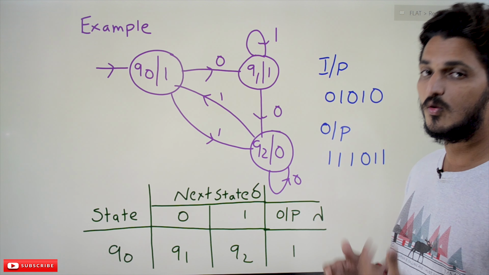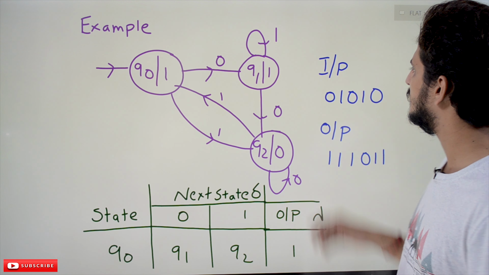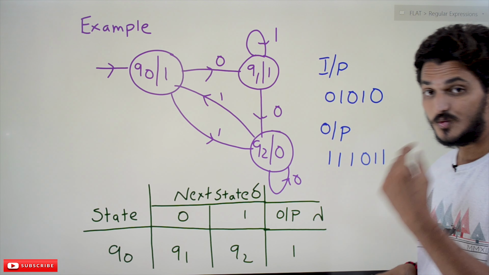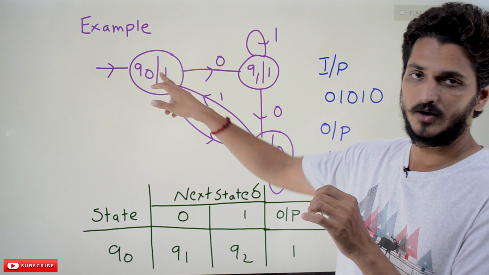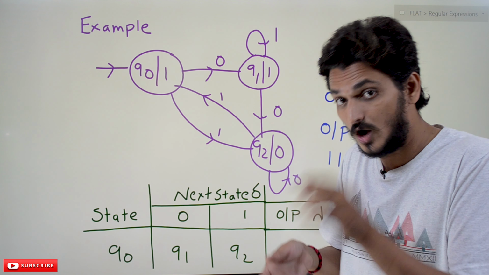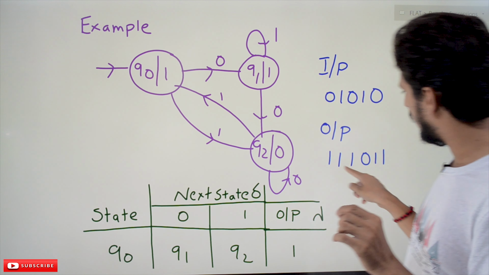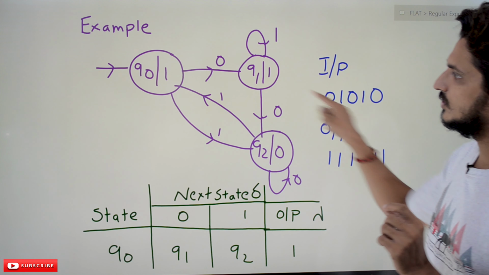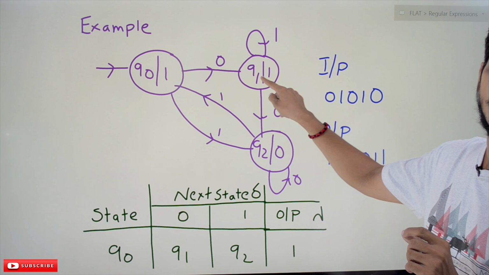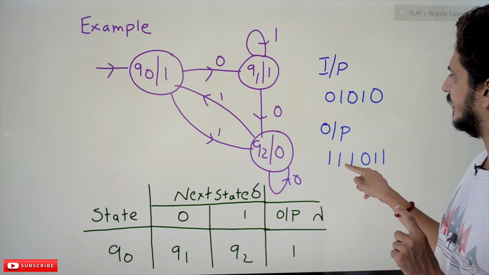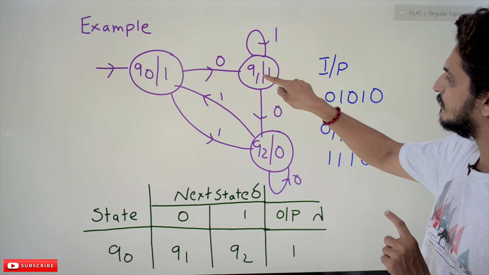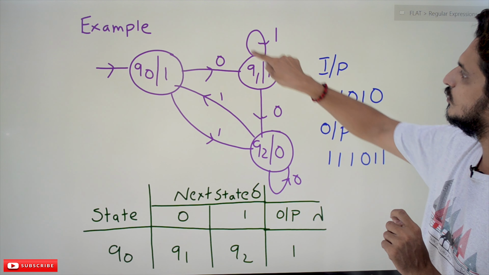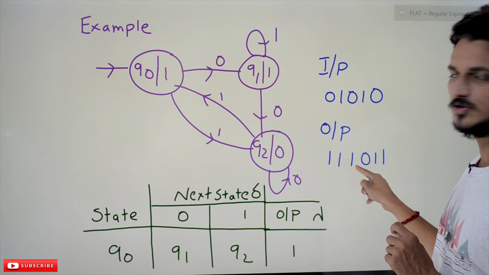Let's try to understand how it is going to display with a simple example. Let's take our input string as 0, 1, 0, 1, 0. Initially we will start at Q0. Whenever you are in state Q0, you have to display 1. That's why our output is 1. By taking the first input character 0 on Q0, we are moving to Q1. Q1 means you have to display 1. The second input character should be applied on Q1. If you take Q1 on input symbol 1, we are moving to Q1 again. So the output symbol should be 1.